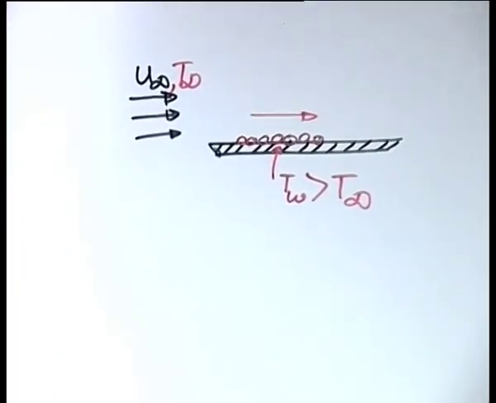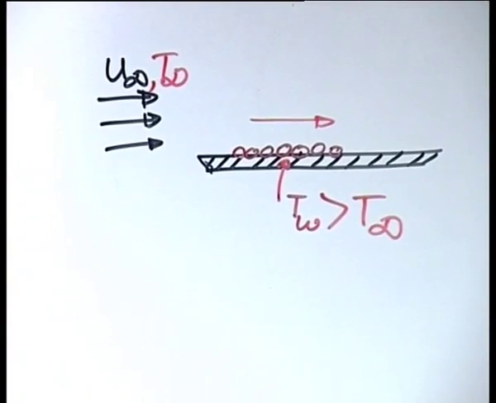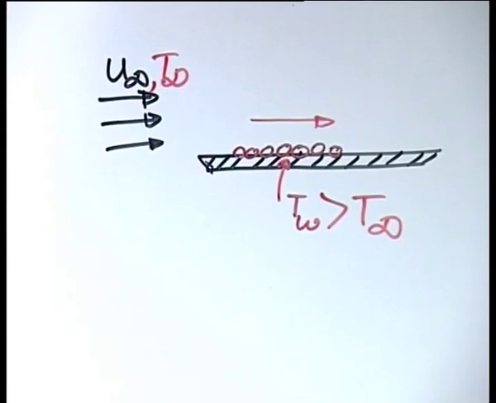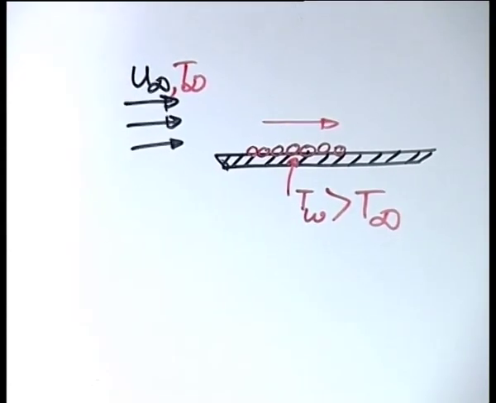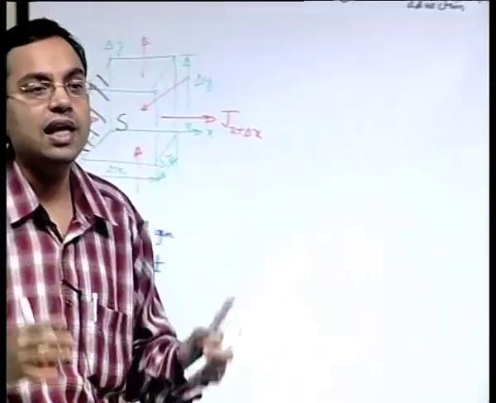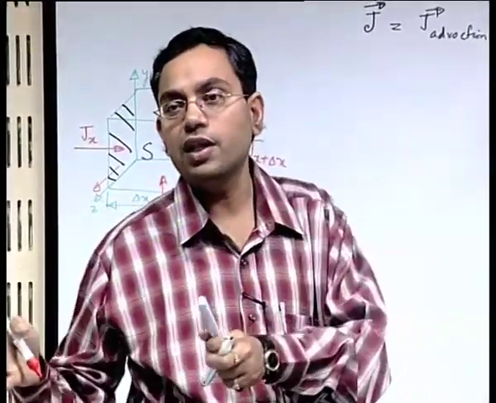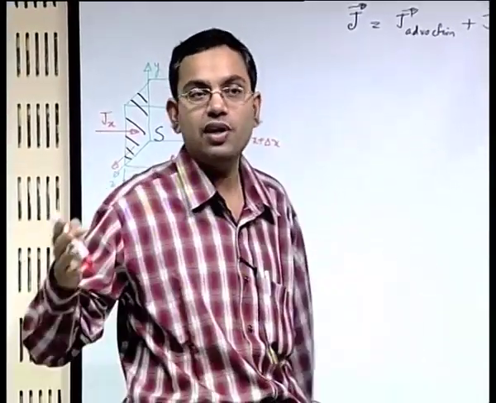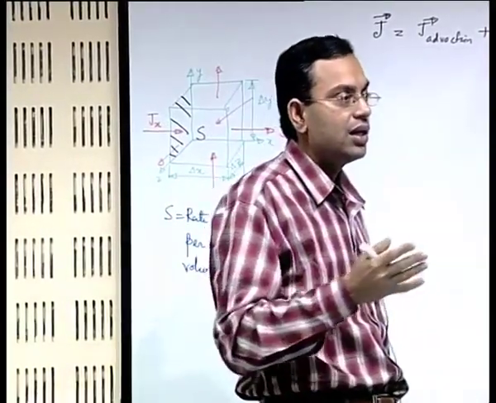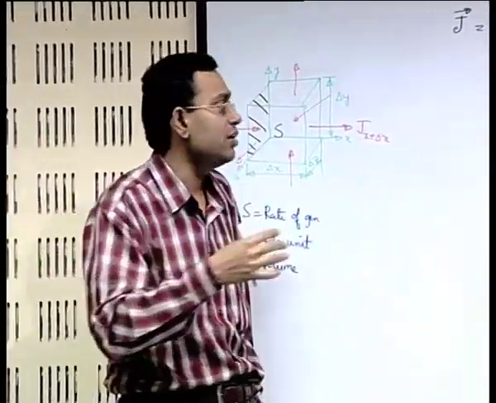So, the bodily movement of the bulk fluid that carries energy from one point to another point is very much analogous to what a conveyor belt does, say in an airport. So, you put a suitcase on a conveyor belt. What does it basically do? It transports the suitcase from one point to another point. The conveyor belt is like a fluid flow and the suitcase is like a packet of energy, so to say, and the conveyor belt is transporting that from one point to another by its bodily motion. So, this type of transport, where the quantity can be mass, momentum, energy, whatever, is taking place by virtue of bodily motion of a fluid element, then you call that advection.